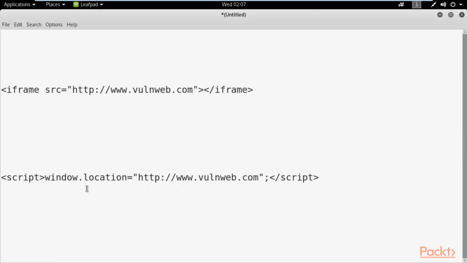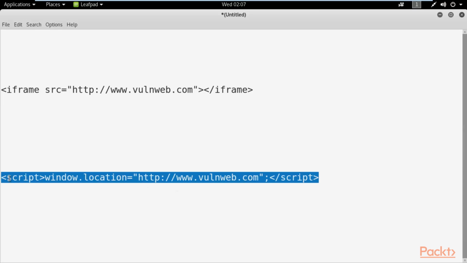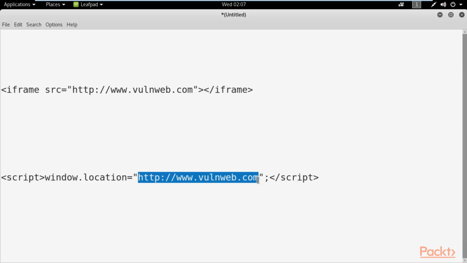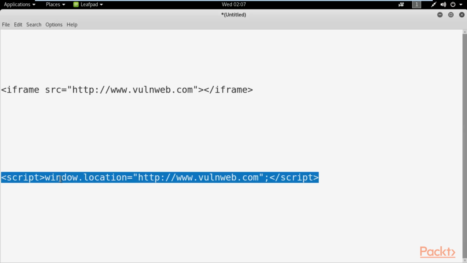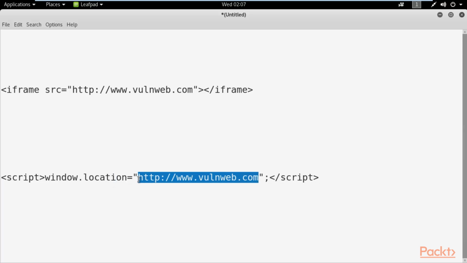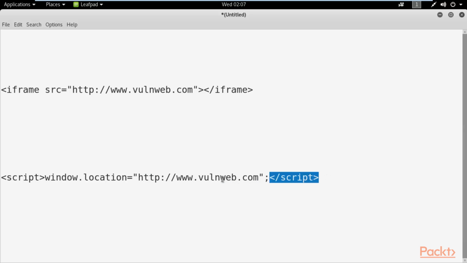So here's the second query, here it is. So what I'm going to do here is basically a kind of script, window.location. So it is changing the location of the window to this website, http://vulnerweb.com, and script close. So what will happen, basically the web application will automatically redirect to this website, and permanently. It is not just for one time, it will happen each and every time whenever a user will open that particular page of the website.